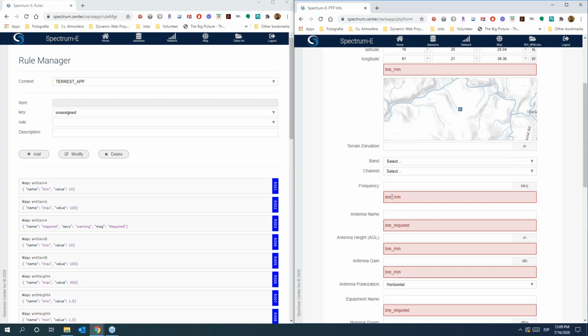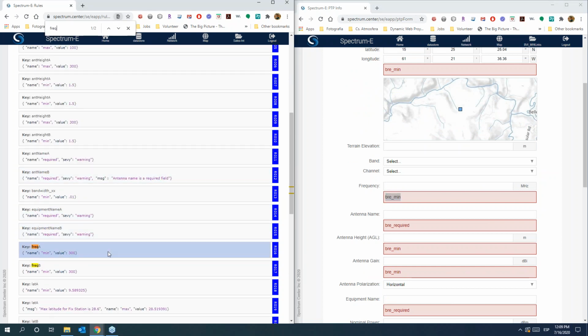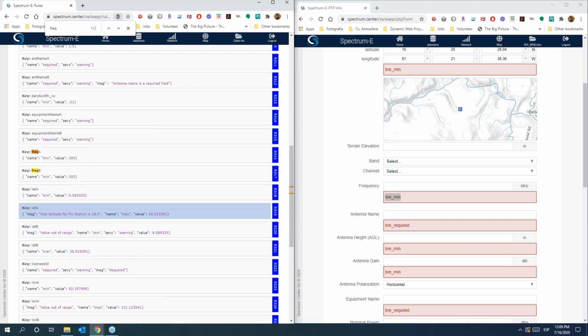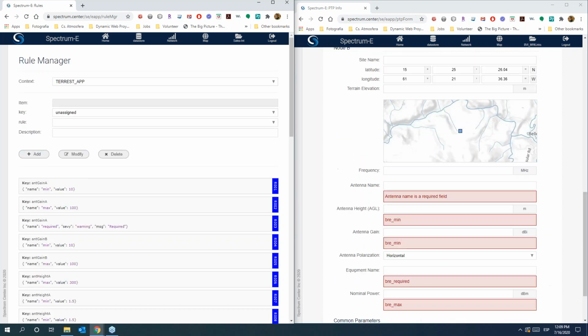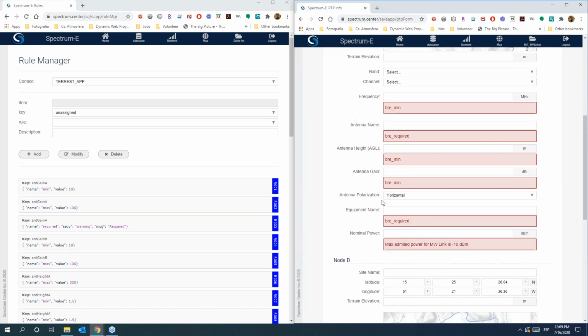So for example, the frequency, have a frequency mean defined. So if we go to the frequency mean, we see that it's here. So I just click on this, I go to the top of the page, and I can edit the rule. So there are no message related to this rule, so we can add it. We add the message. And now when we run the validation, we are going to see